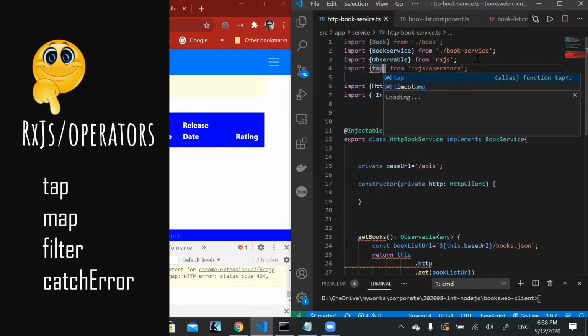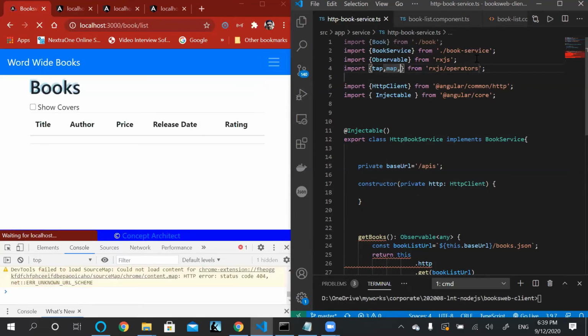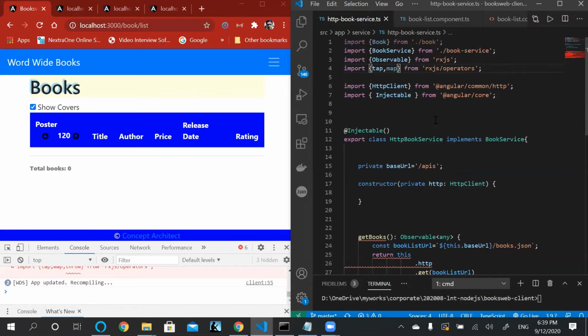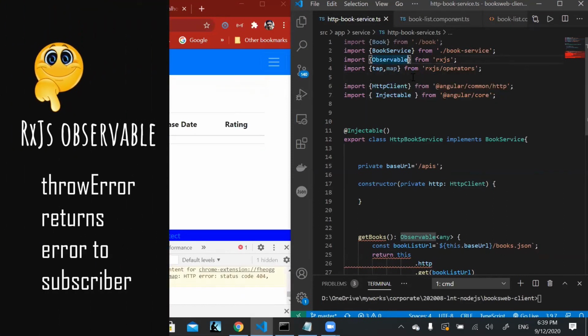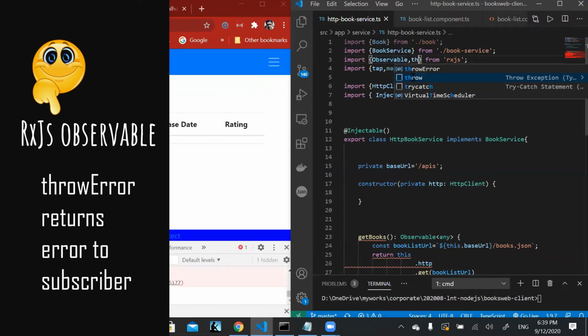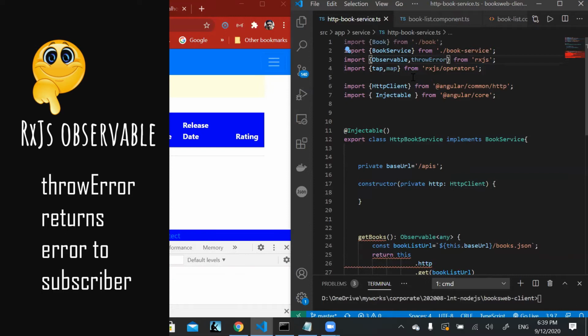So we can have tap, we can have catchError, we can have map, and we can have a RxJS observable. Just like observable returns a list of valid value, throwError throws in case the value is not valid.